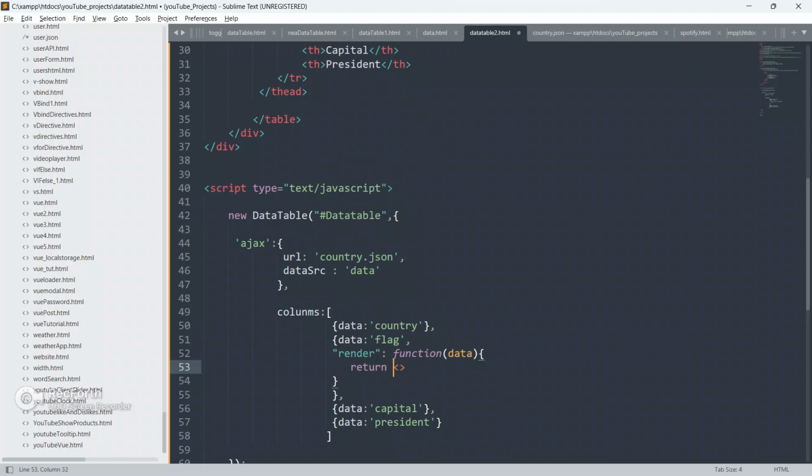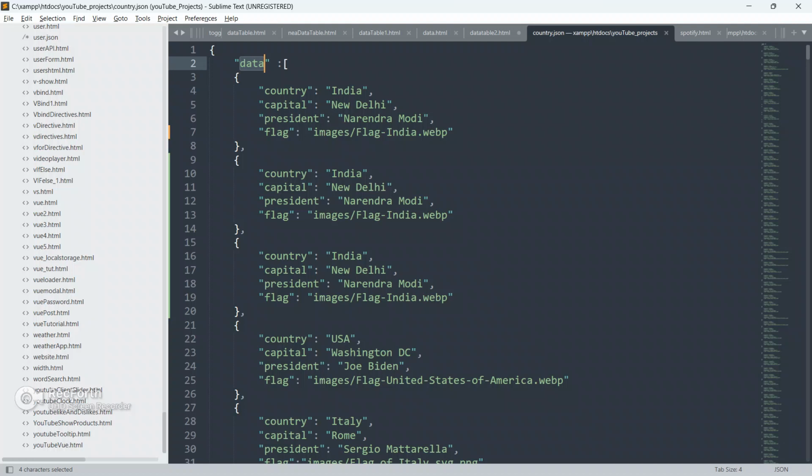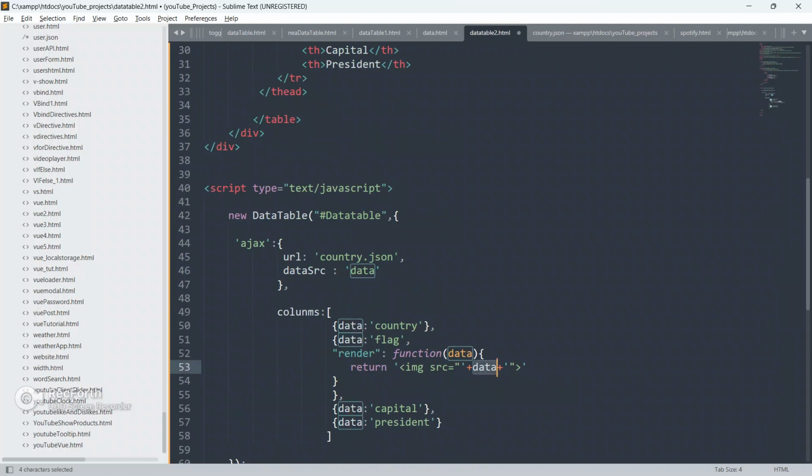It will return an img, with img src equal to quotes, plus data plus, appending the flag data, because as you can see the flag image is coming inside this flag.